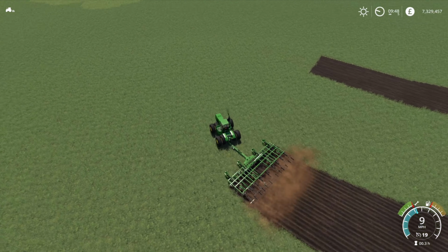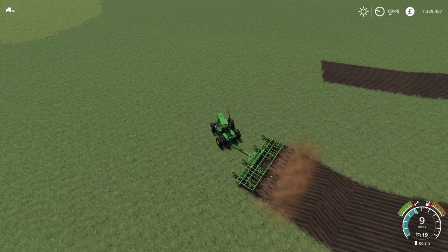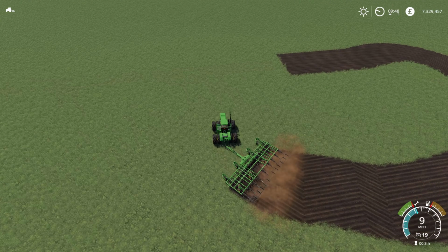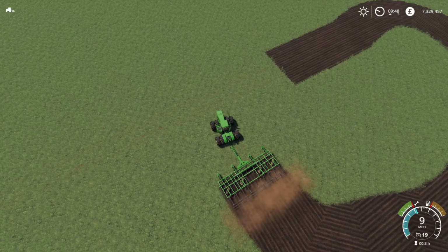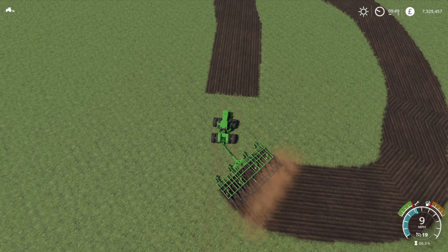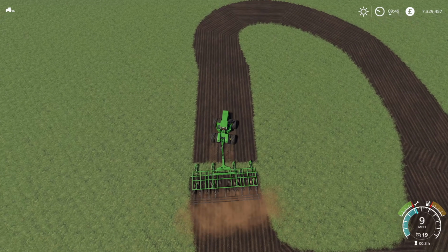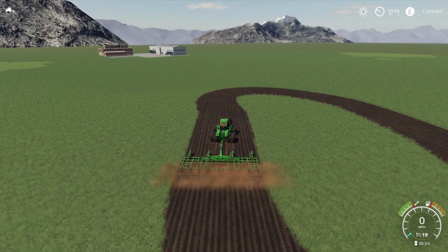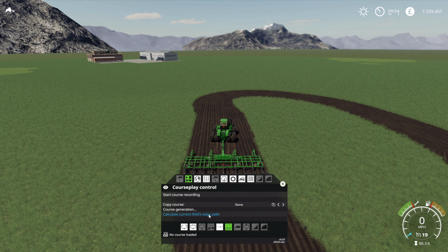I'll just do a small field for now, just so you can see what happens here. But basically, we're going to join up the two ends of the field, so basically cutting in a headland. Join it back up at the start here, and as soon as these two overlap you can stop, like so. And then in the play menu here you want to go down to calculate current field edge path,